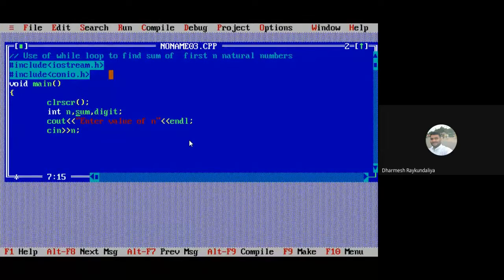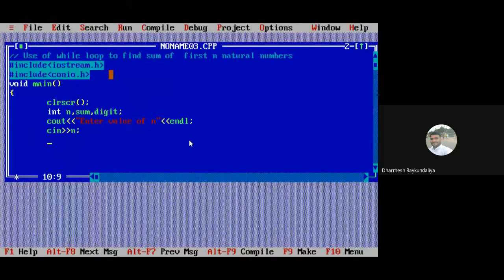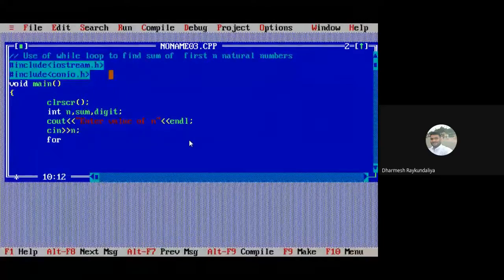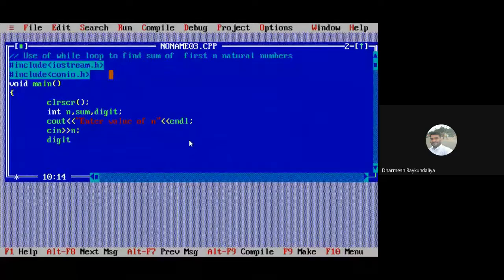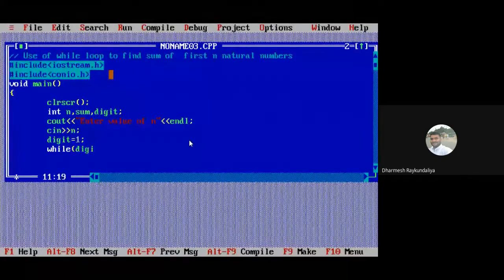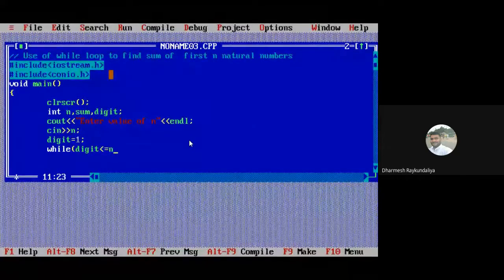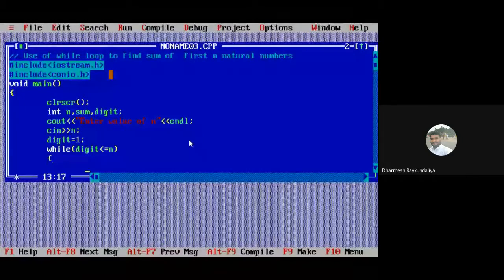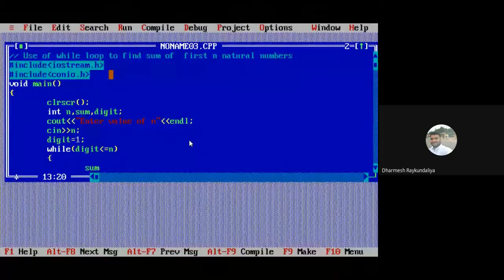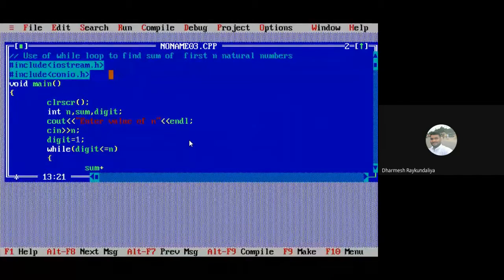After this, we will write the loop: for digit equal to 1, while digit less than equal to n, sum plus equal to digit.